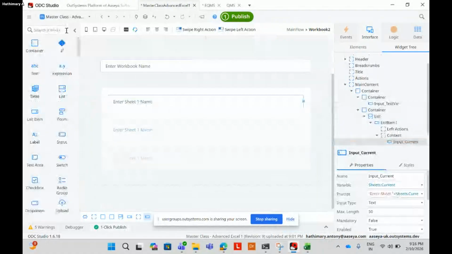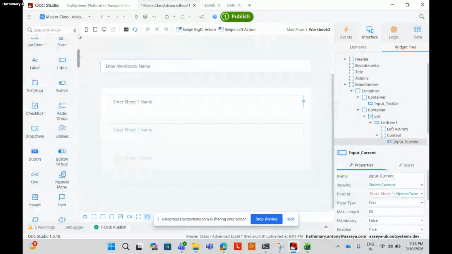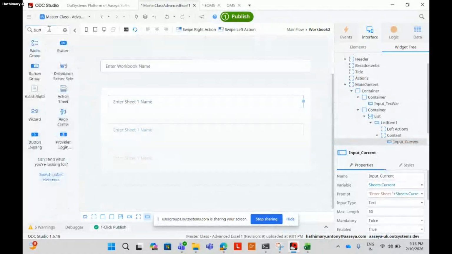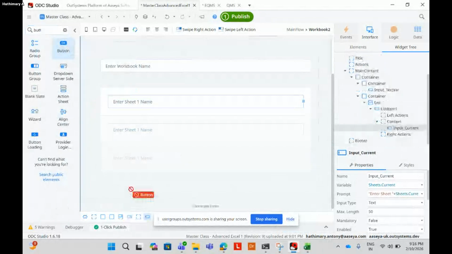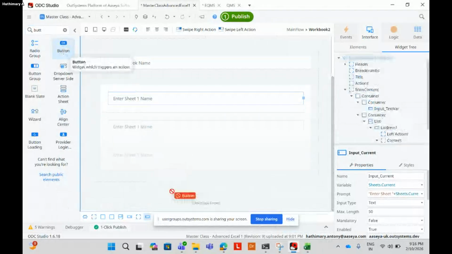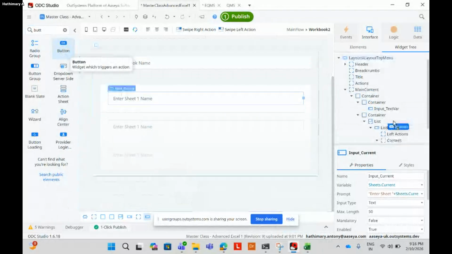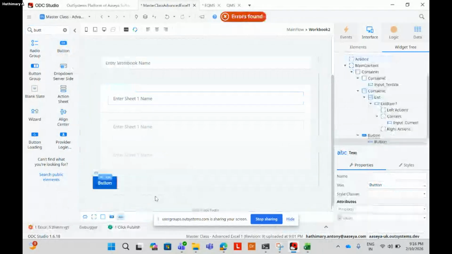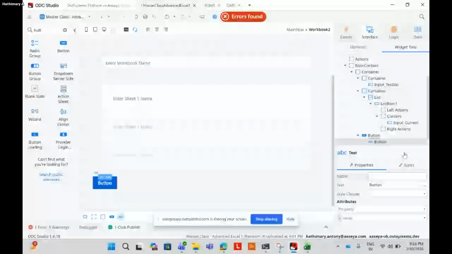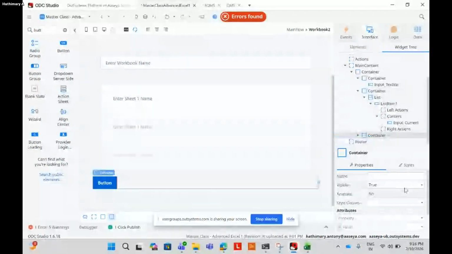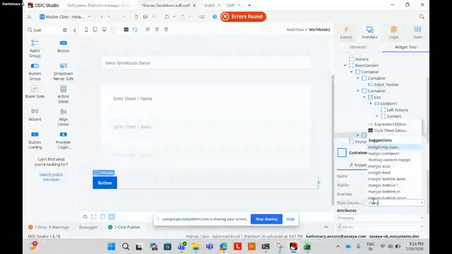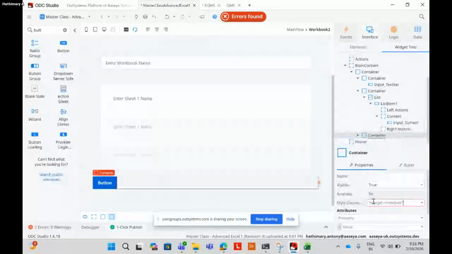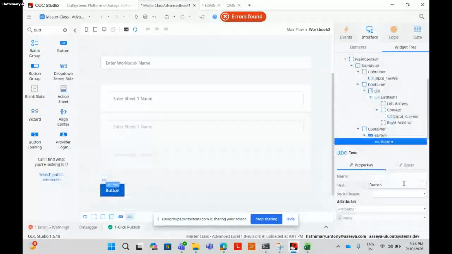Okay, so after that what will happen, right? So how he can create it. So yeah, the names, everything. So now I'm adding the button. Okay, sorry for that. So now I'm adding a button. Okay, so this one also I'm wrapping in a container and putting the class. Okay, so create workbook.